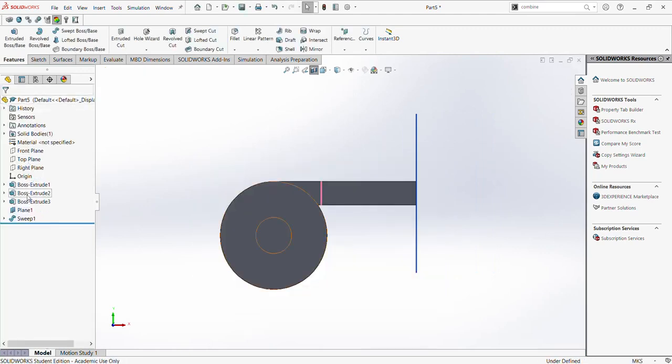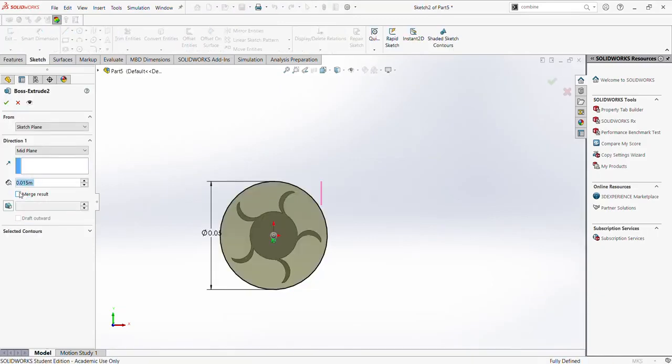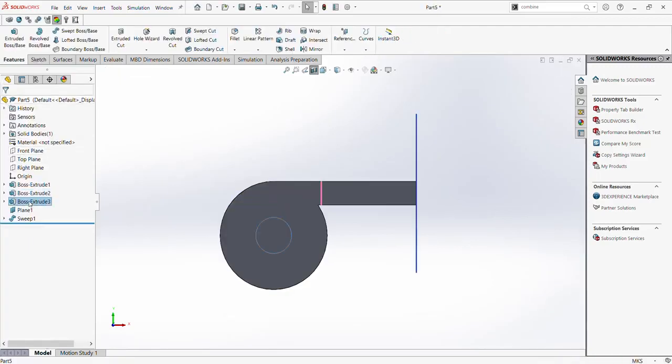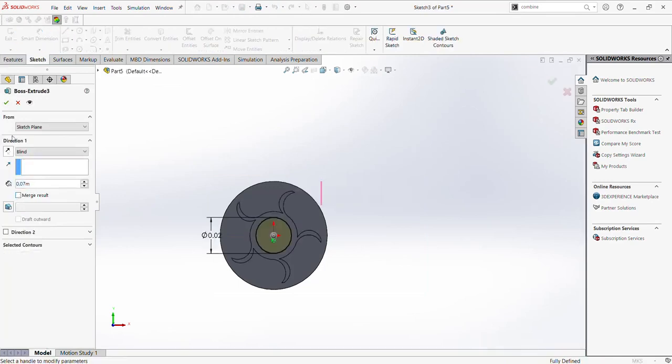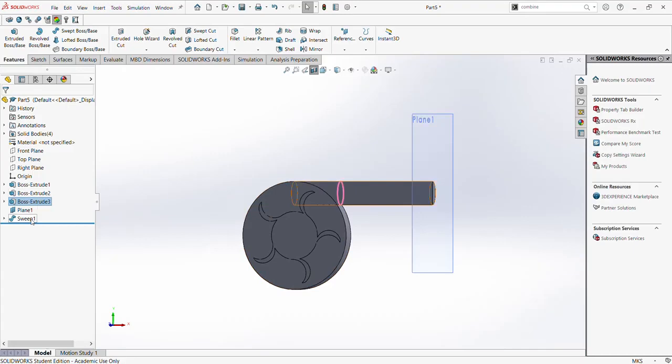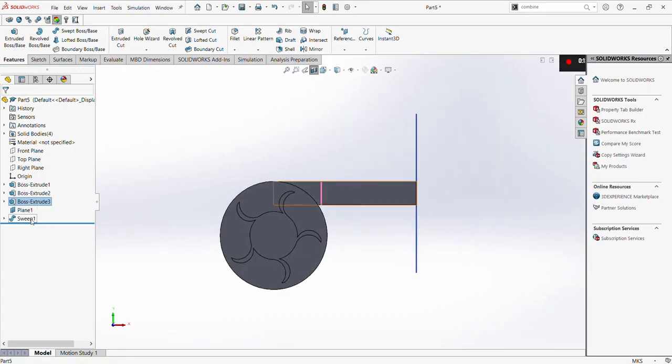So that's why we use edit, take the merge away, and then edit, take the merge away, and then as you can see, look, now